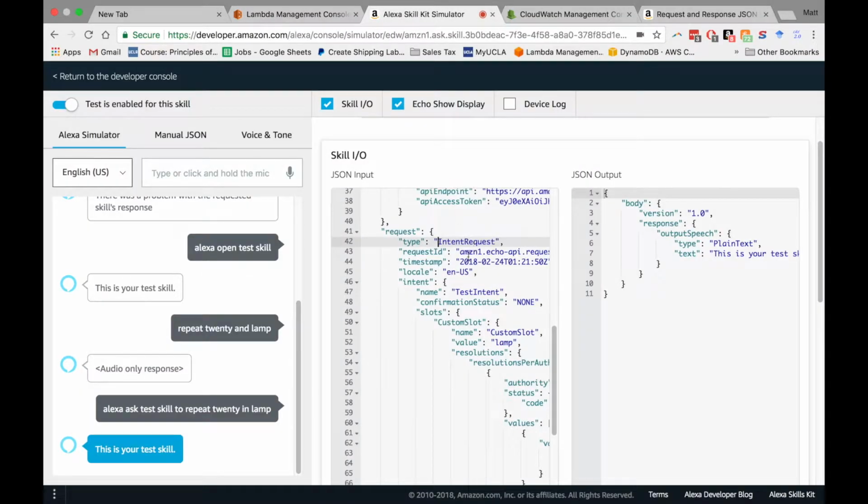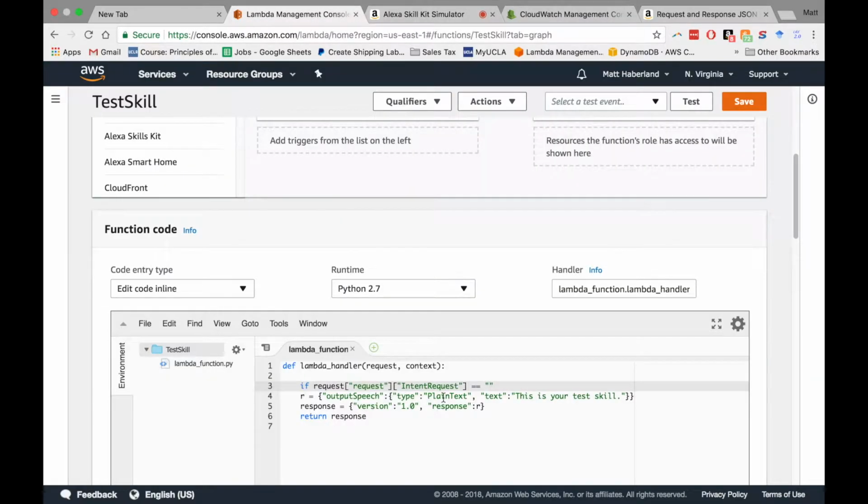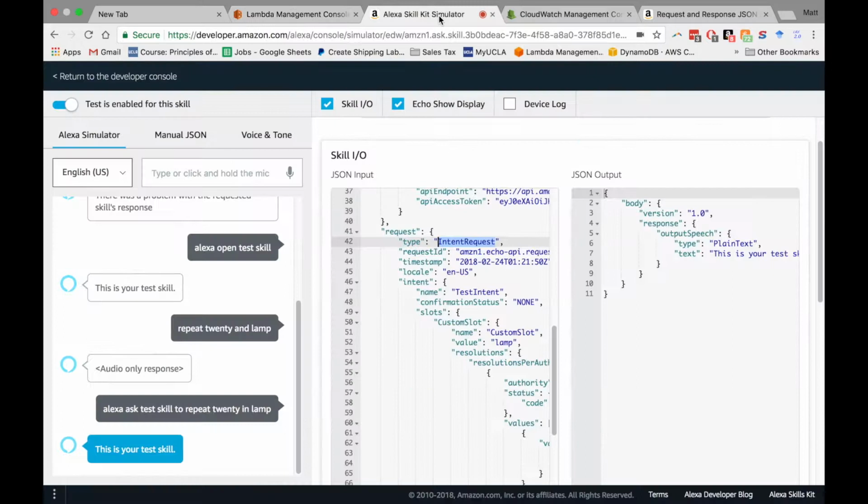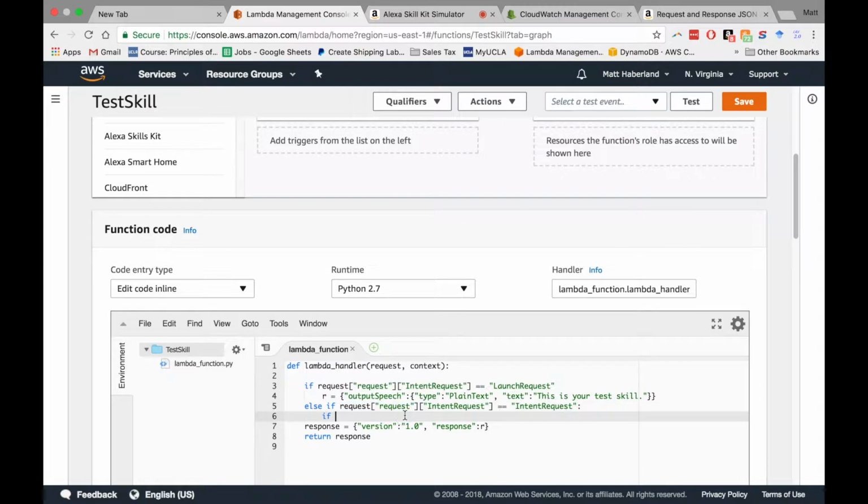Intent request, or let's say if it's a launch request, then this is what R is going to be. Otherwise, if it's an intent request, we should also then check if the request intent name is test intent. Okay, if request intent name is test intent, then